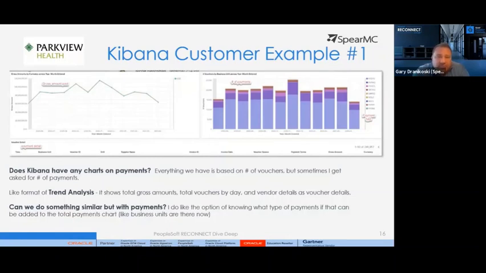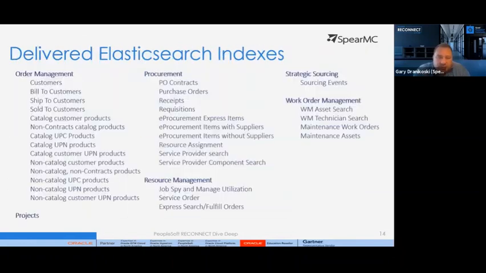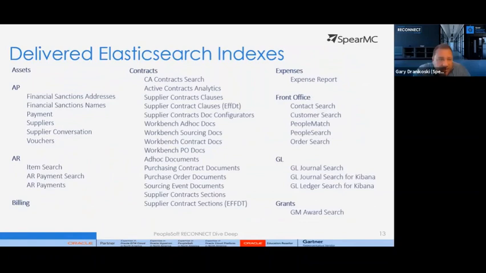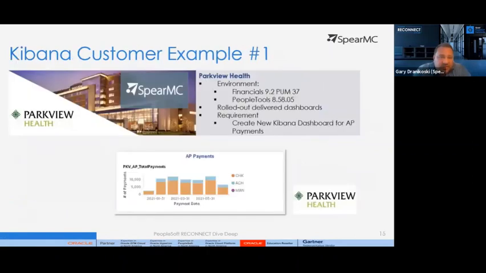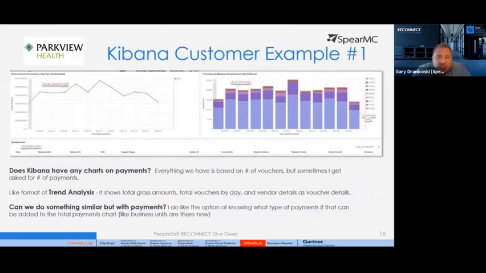The number in this particular, I think it's AP vouchers. Try to go back and see the Elasticsearch index, AP vouchers right here on the left side, AP vouchers index pattern. So that's what that was built from. And they wanted to know, can we build something that looks like this, because we really like this. We like the functionality, but we want to build it based on payments. So just a little bit of information, and we